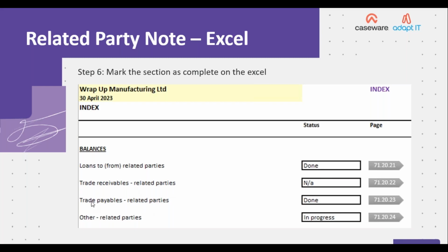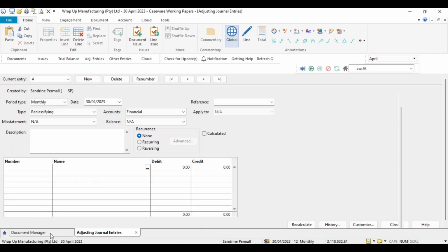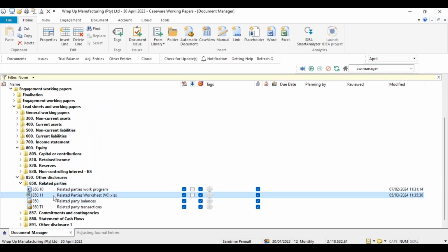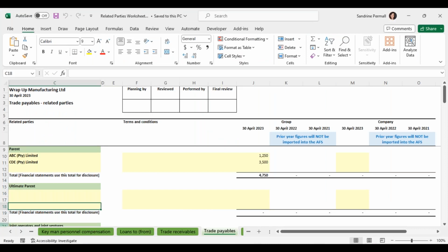Note as well, so if I open the Excel just to show you, that is going to take us a few seconds. Other disclosures, related parties, 850.11. Okay. As you can see, I've already inserted for you some values. If you follow my cursor, bottom left of my screen,